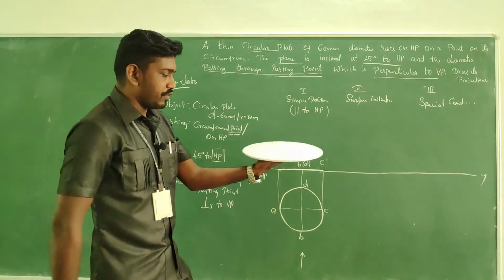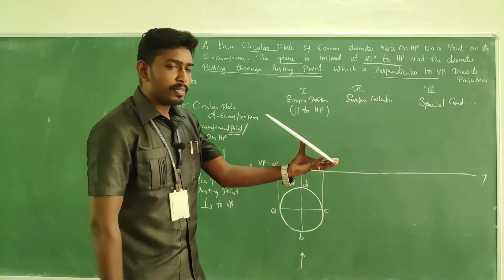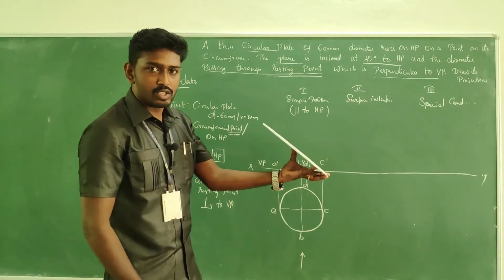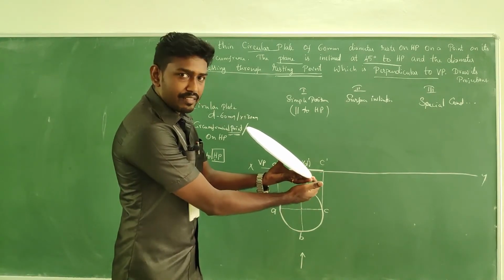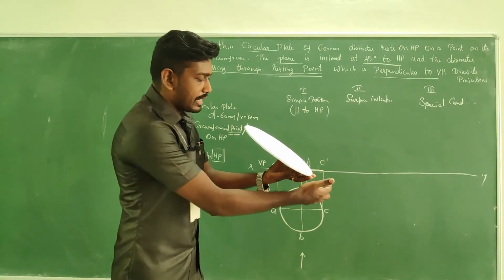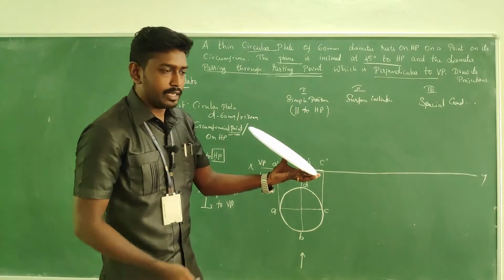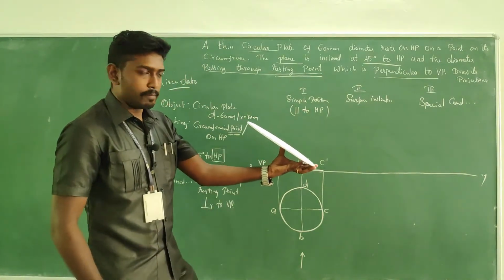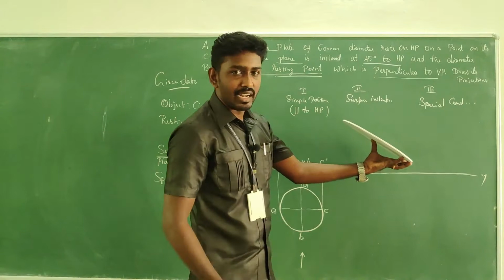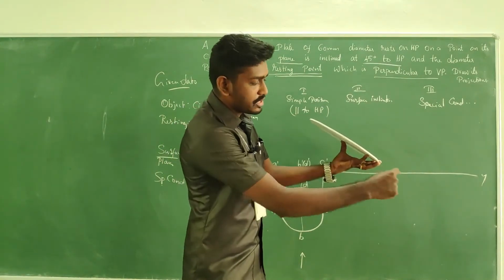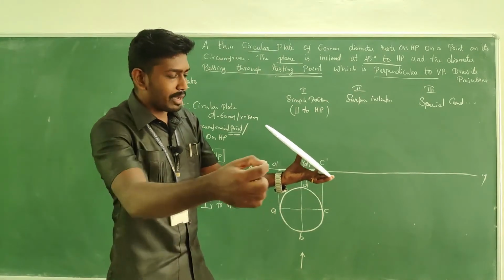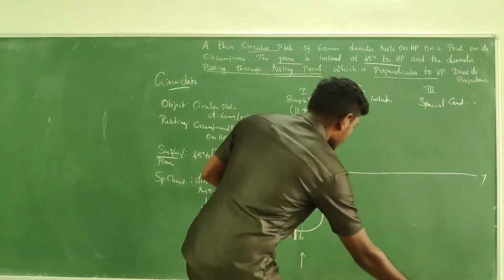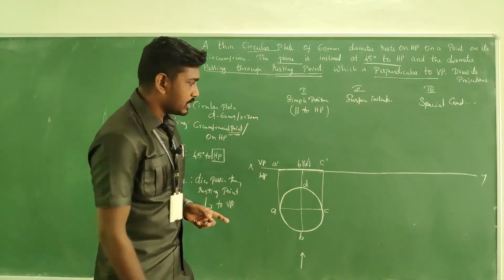Okay. So here, if you see, I am going to incline the object something like this. So naturally, one of the points on the circumference will rest on HP, right? So this is the exact position for the surface inclination. So from the front view you can get the straight line, and from the top view you will get the skewed image. So I am starting with the front view here, since we know the true length.